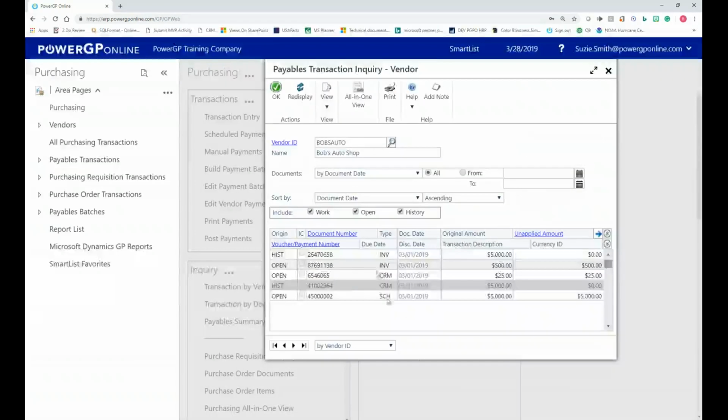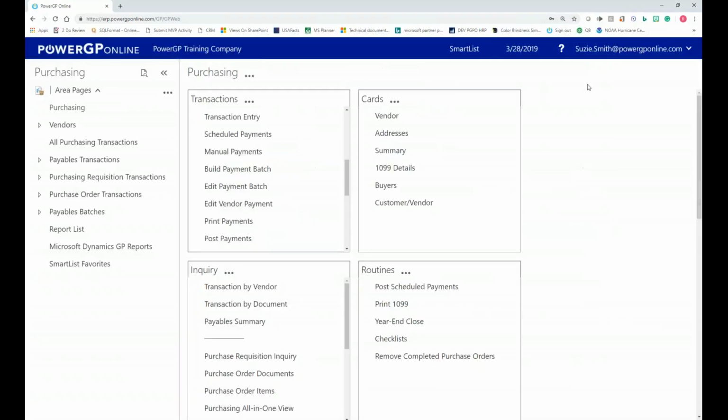Now, what it also did is it created this document called schedule. And this schedule neither increases or decreases the customer or the vendor balance. And in this case, I've decreased the vendor balance $5,000. But what I've done, I'm going to close this out, and I'm going to come over under routines to this